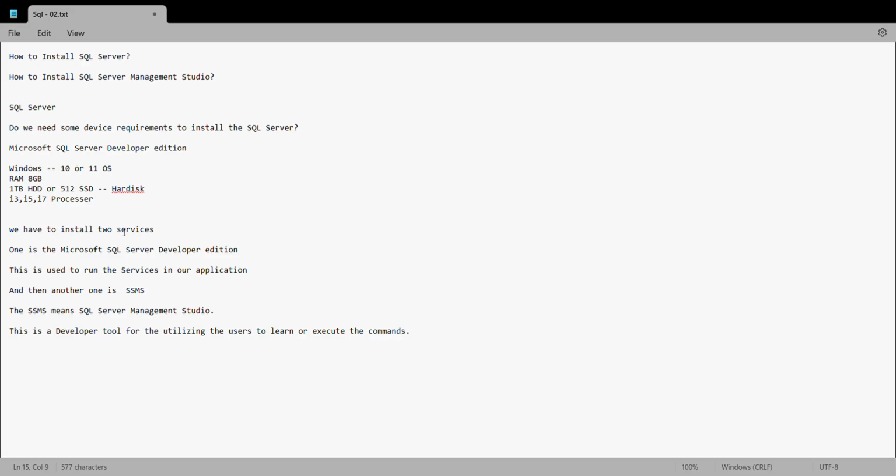In SQL Server Management Studio, we are using the SQL language. SQL language is Structured Query Language. And in the SQL Server database, we are creating the tables